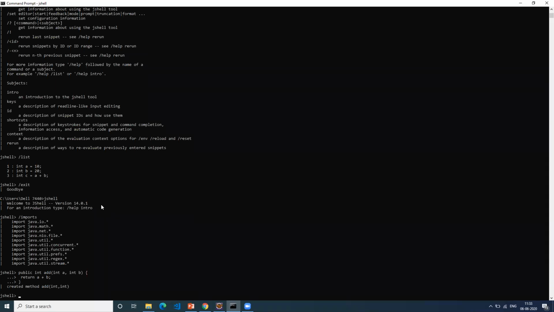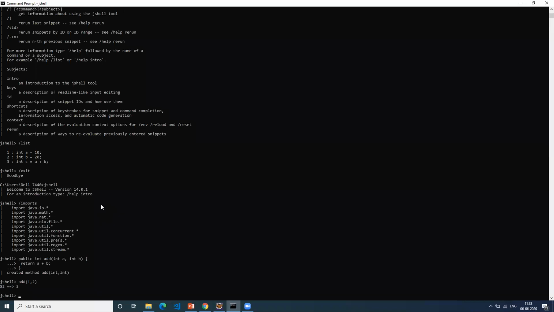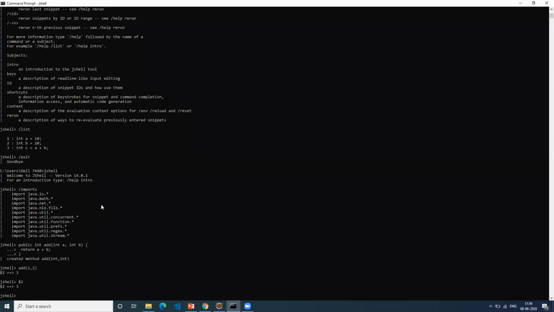Okay, so method add is available now. I'll just say add(1, 2). So $2 is there, right? That's a variable where the value 3 got stored. If you put $2 here, it will print the value 3, which is 1 plus 2. So the result is stored in $2.